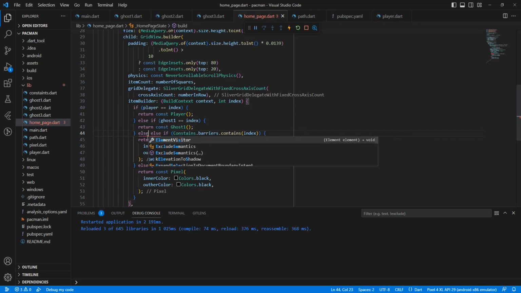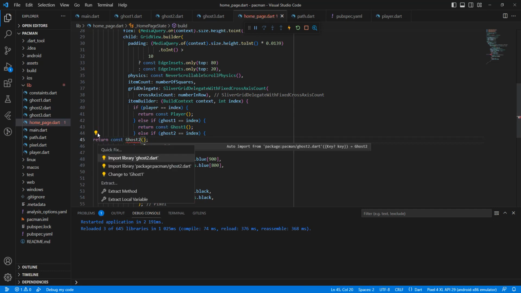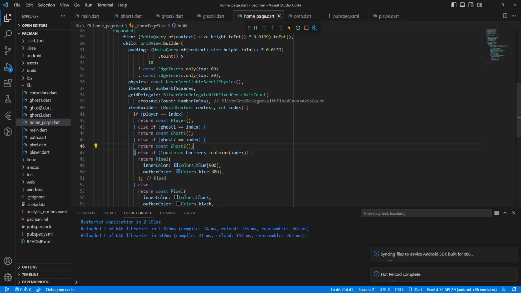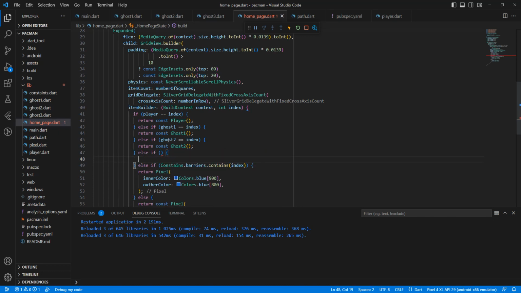else if host2, return Host2, import, and else if host3